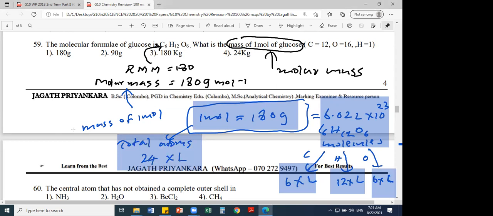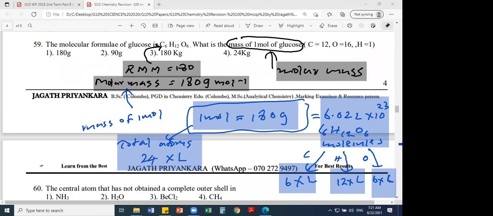So molar mass, relative atomic mass, relative molecular mass. Relative atomic mass has no units, but relative molecular mass, sorry, the molar mass has units. Molar mass has units. Done. Anyone still copying down? Please raise your hand, those who are still copying down. Right, hurry up. So the answer is the first one. Very good. The answer is the first one.